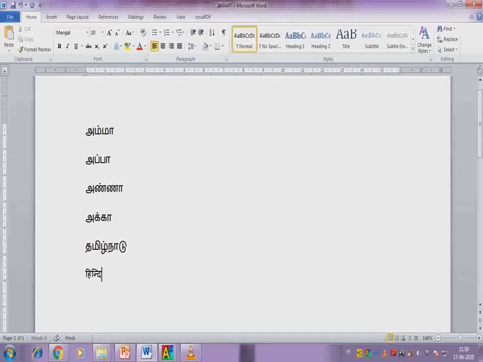Using this you can type in Hindi. To change to the Hindi keyboard, go to the Word application, hold the Control key and press number 1. After doing that, you can start typing.